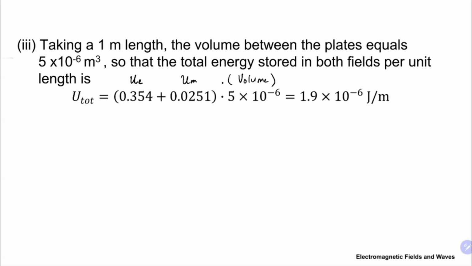And that gives you about 1.9 times 10 to the minus 6 joules per meter. So for every 1 meter length of my parallel plate, it stores a total energy of 1.6 times 10 to the minus 6 joules. Okay, so that's an example that brings together the electrostatics and the magnetostatics that we have